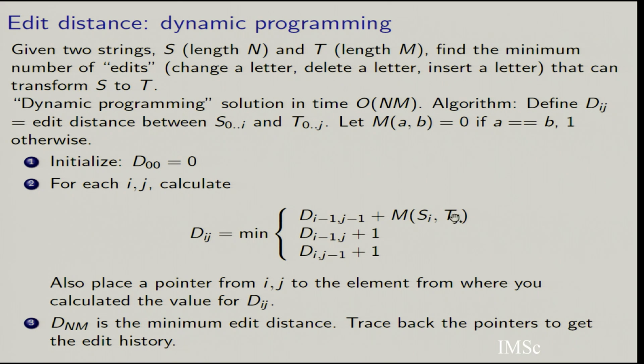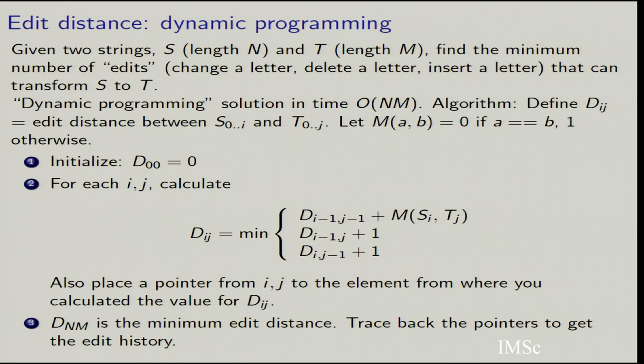So if these two match at these positions, the match score is 0; if they do not match, it is 1. Or you can insert, meaning your previous position is i-1, j, with a score of 1, or you can insert in the other sequence, which is also 1. At each step you also place a pointer from this element to the element from where you calculated the value. For example, if I calculate i,j from the value i-1,j, I put a pointer there saying this is where I came from. Finally you fill the whole matrix and get the value d(n,m), and that is the minimum edit distance, and by following these arrows you can also get back